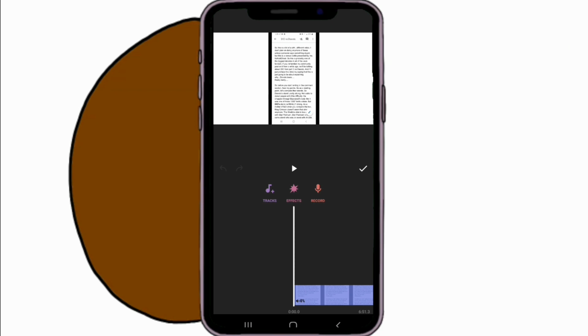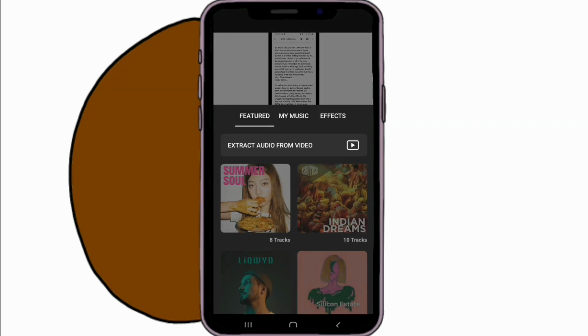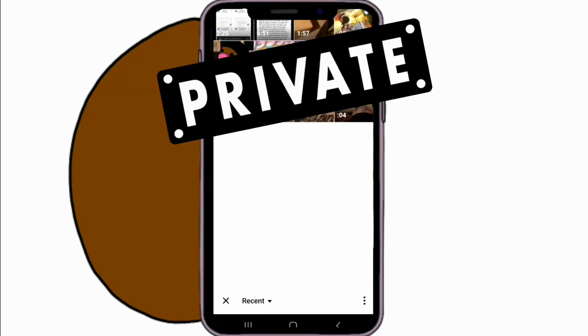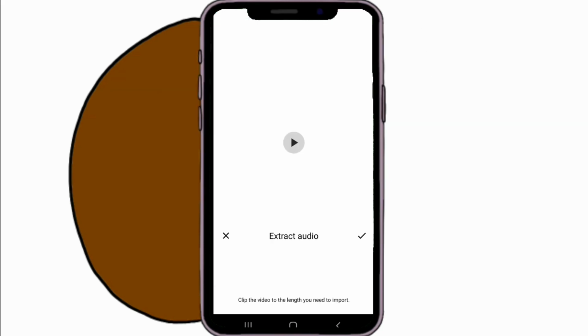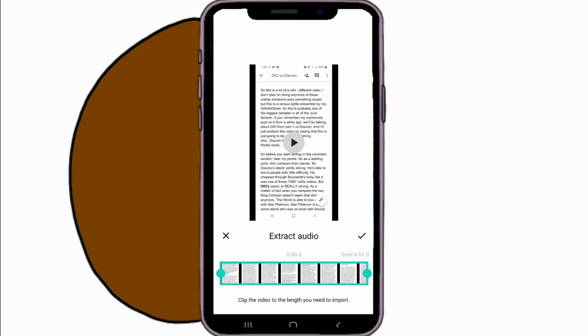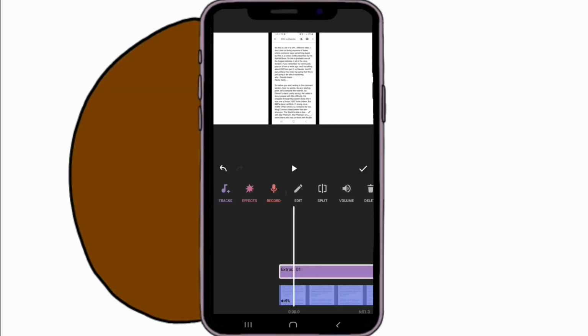So you can see I muted the clip. So what I'll do is I'll go to tracks, and I'll go to extract from video. Extract from video literally just means that I extract the audio from the video. So extracting the audio from the video, you'll get just the audio.